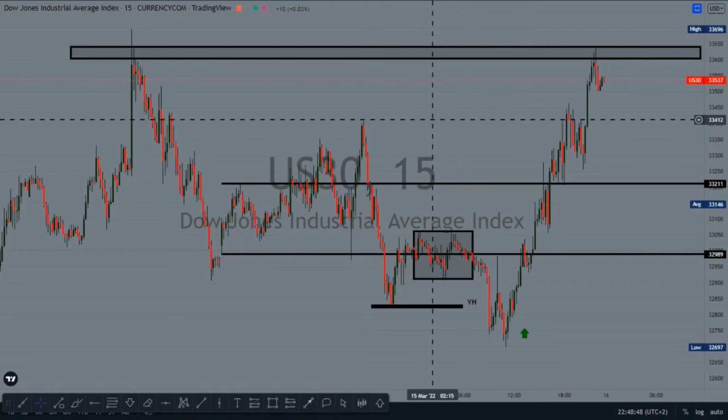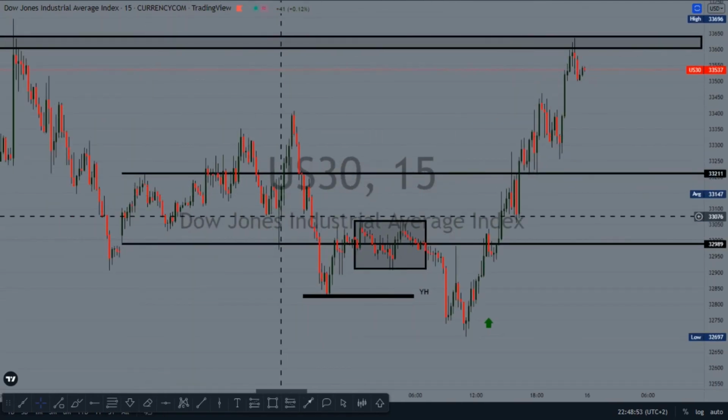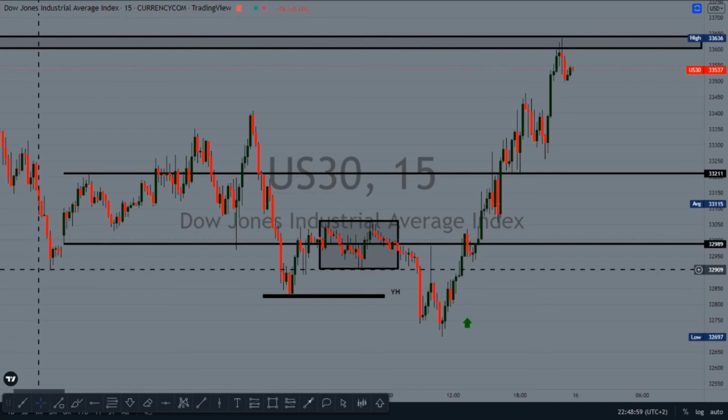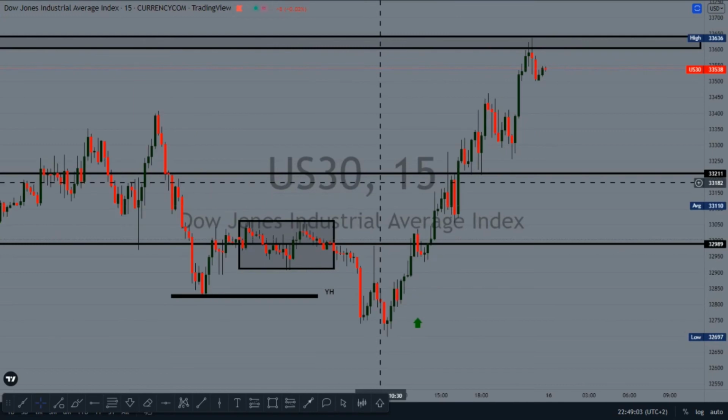For US30, it's the same pattern. This is a weekly accumulation, and we have 3 hits to the low. This is the first hit, this is the second hit, this is the third hit. But also, if we